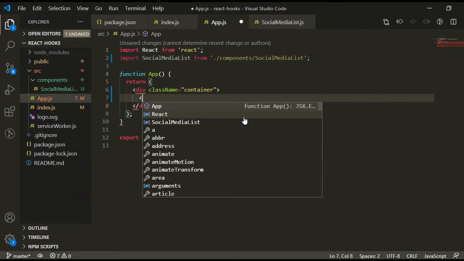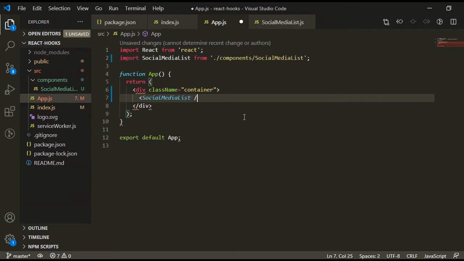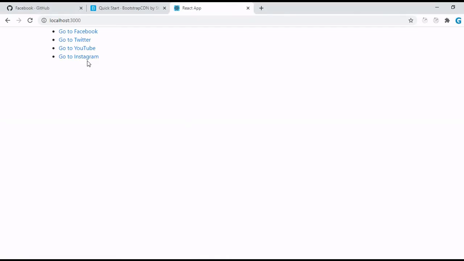I am going to use this component here. Now we will check in the browser first. Here we can see our list of social media sites.